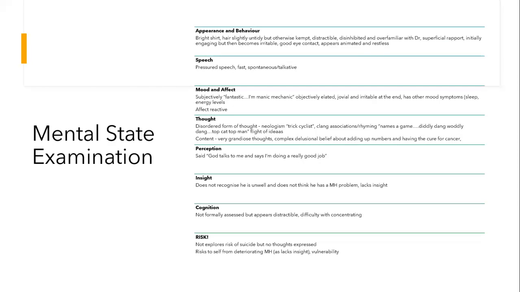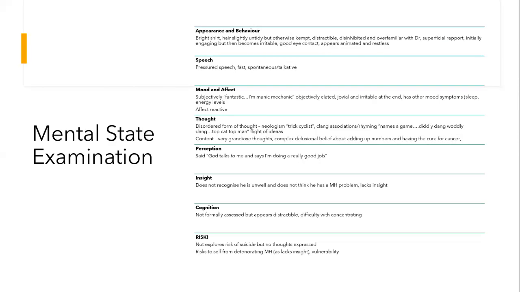We then moved on to thought, and I believe he's thought disordered, so I've written down some examples. So I think the main thing is he's got flight of ideas, which is a sign of mania. And flight of ideas means he's jumping from topic to topic. So even if you didn't know how to describe what flight of ideas actually meant, you could just write he's jumping from topic to topic. And if you are able to write things out verbatim, it's a really good way of demonstrating that he has a thought disorder.